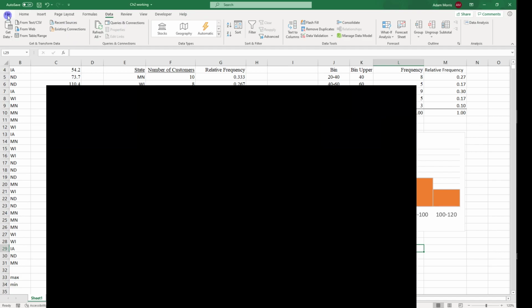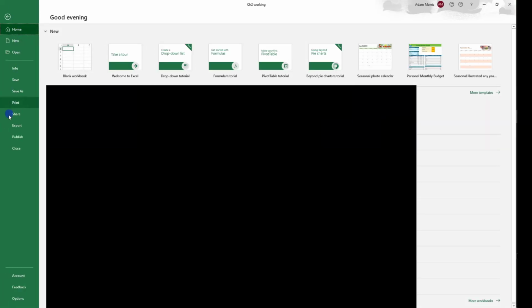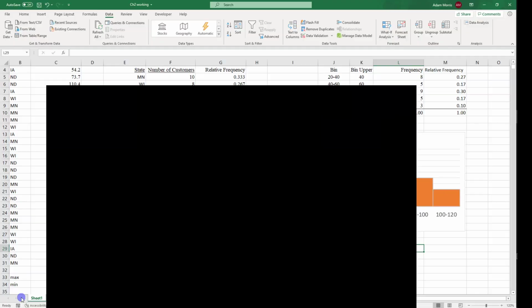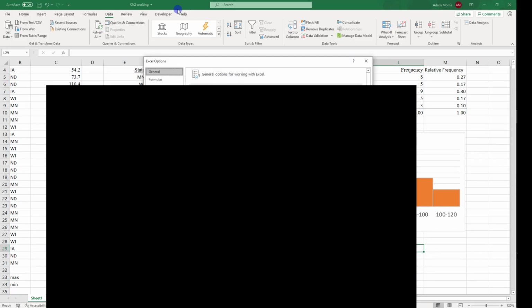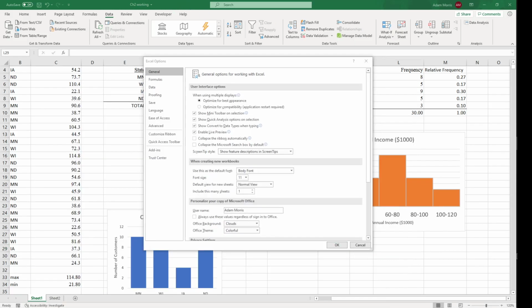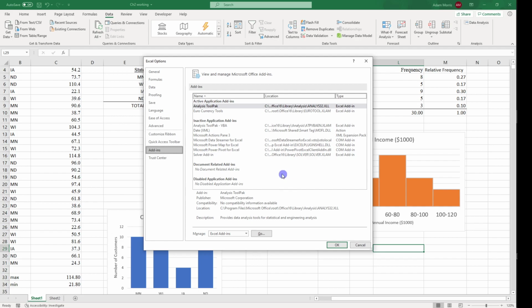So if you go into File, down at the bottom, there's an Options. And I want to take that off. Okay, so down here, there's something called Add-ins. And if you go into that, one of the